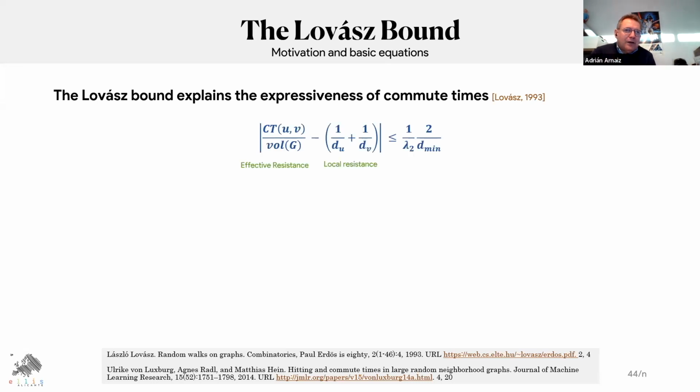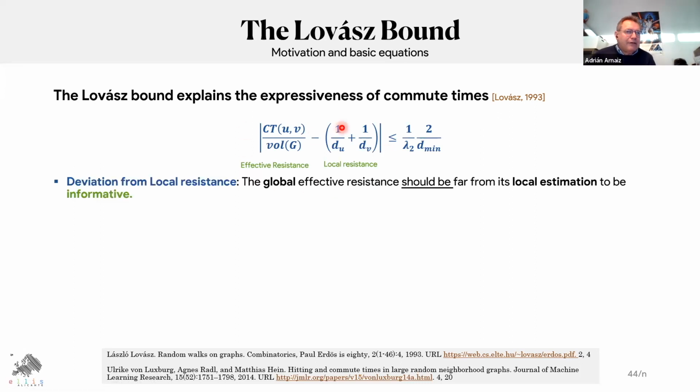Basically, the Lovász bound has two parts. In this part, we have the deviation. This 1 divided by du plus 1 divided by dv is what I called before the local resistance, which you may remember from the formula of the Forman curvature. The commute time divided by the volume is called the resistance. So the resistance, which is the global resistance, should be far from the local resistance to be informative. Otherwise, if these two quantities are very close,